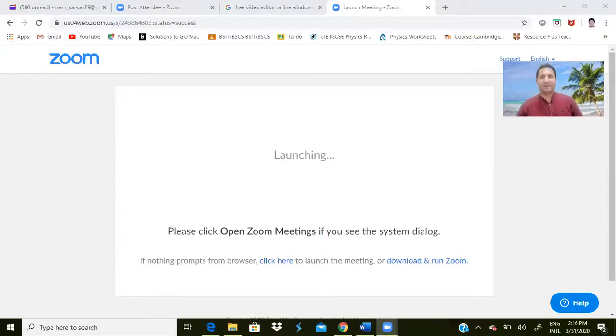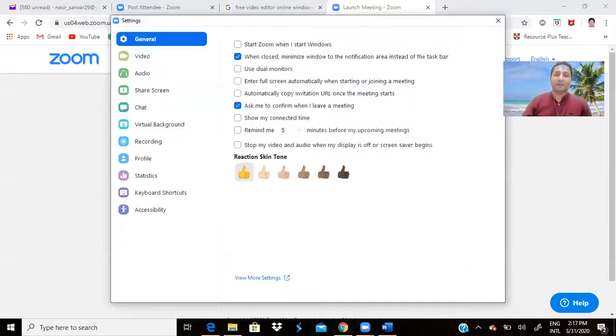Okay, this is my screen. On this screen, this is the first part of your Zoom ID. Whenever you log in to Zoom, you will get this. Whenever you see this part on your screen, you have to click on the setting. Where is this setting? Look at your profile picture, and there is a setting button icon. Just click on the setting button and you will get this one.